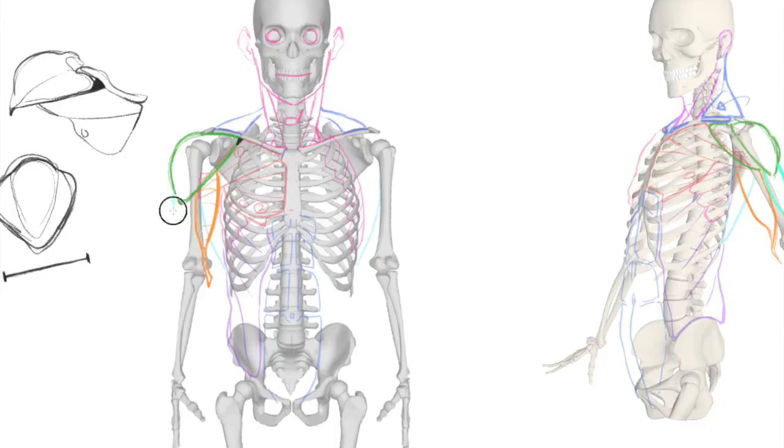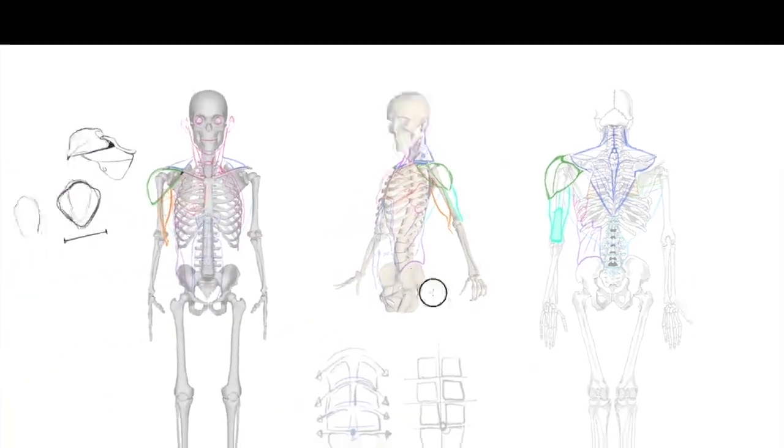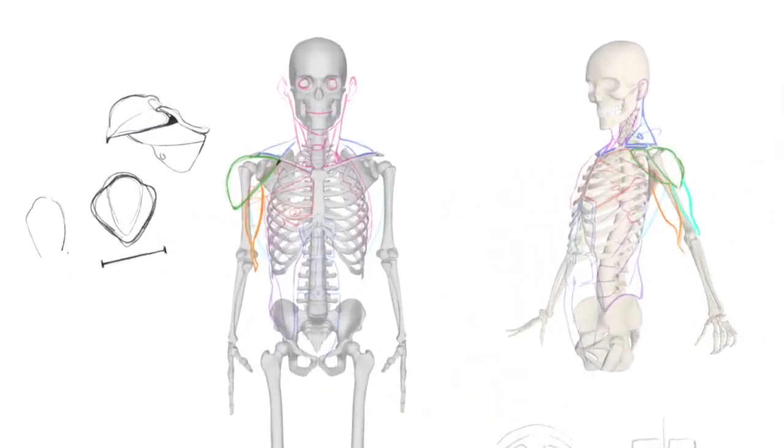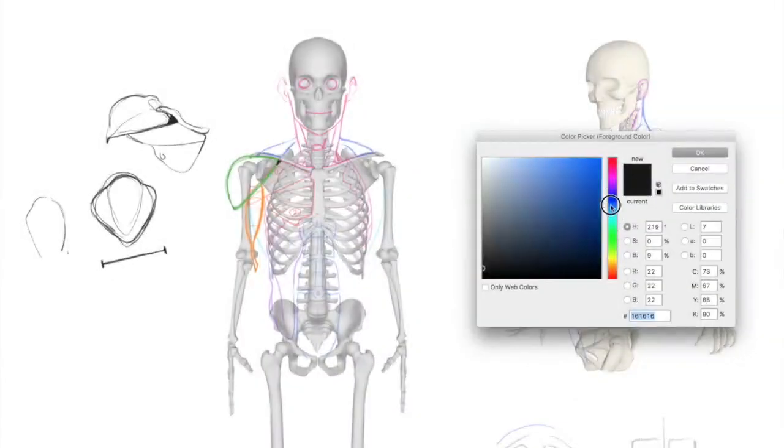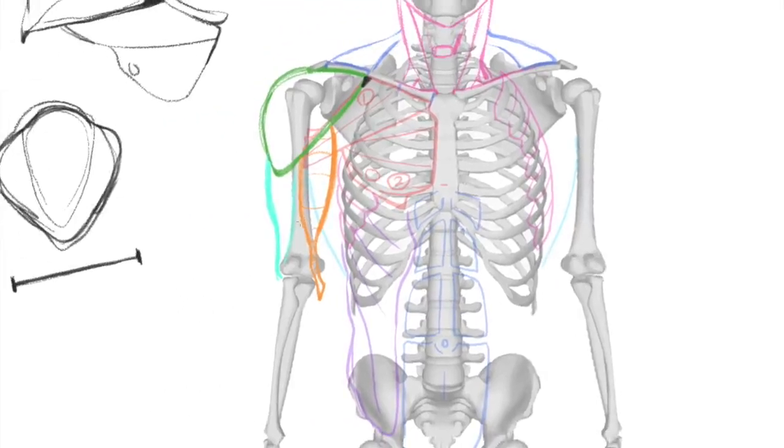Let me do a tricep here, and there are two hidden muscles in between, right below the bicep and in between the tricep. Brachialis. There's a small hidden